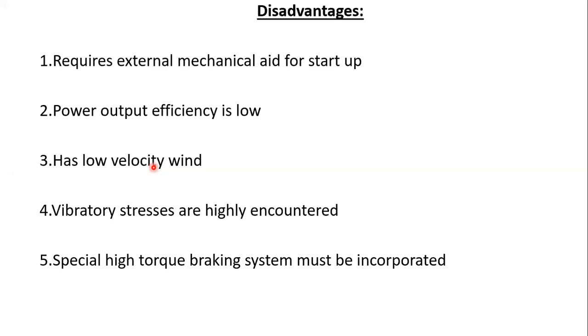So if you take a long tower and keep it at a high altitude, we are getting high wind speeds. Because obstructions are there at the ground level, we cannot reach the high velocities of winds. Due to the ground level situation, we are getting low velocity winds here. So this low velocity wind leads to less energy output.